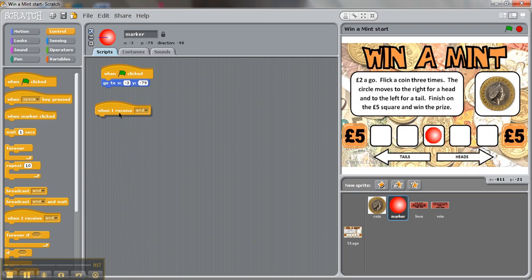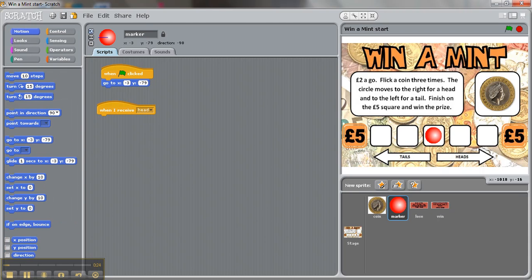So when it receives a head, what I want it to do is point in a particular direction. Now 90 is to the right, and I want it to move a certain number. That number will be 67, because that fits with the stage that I've got, and that's it. I'm going to repeat this so that